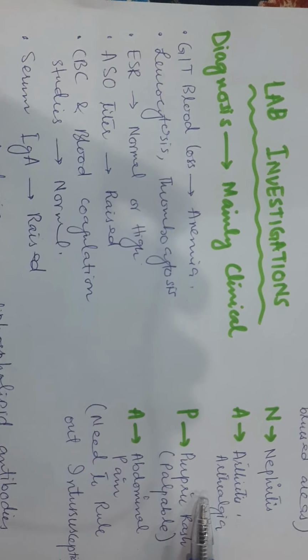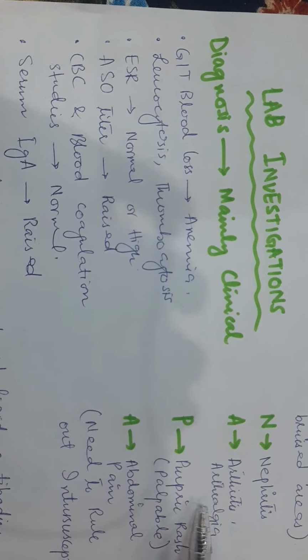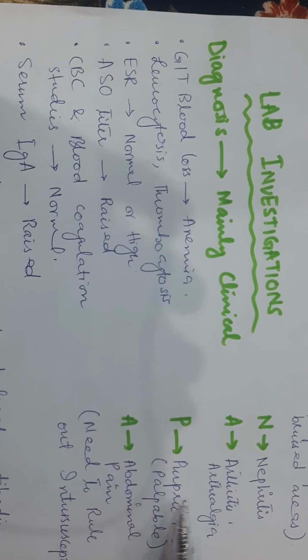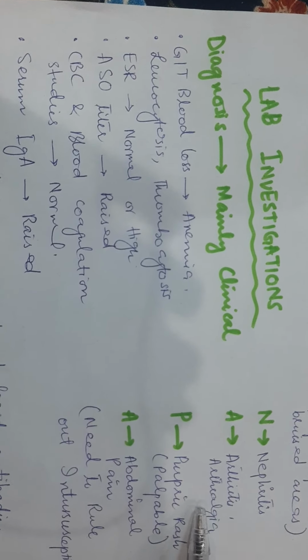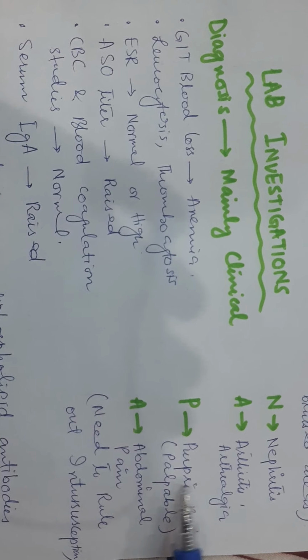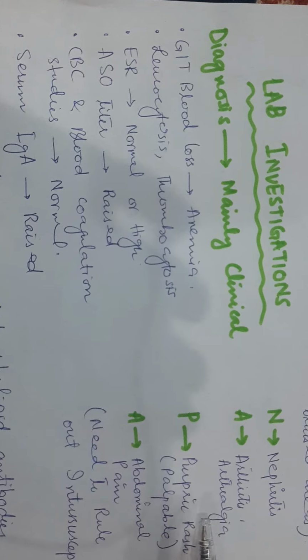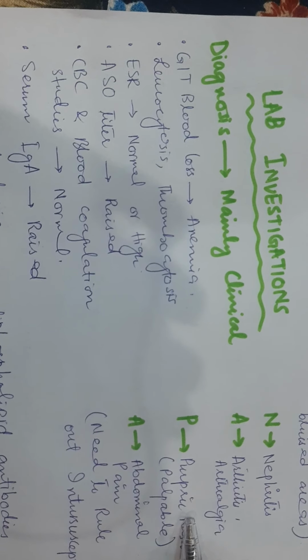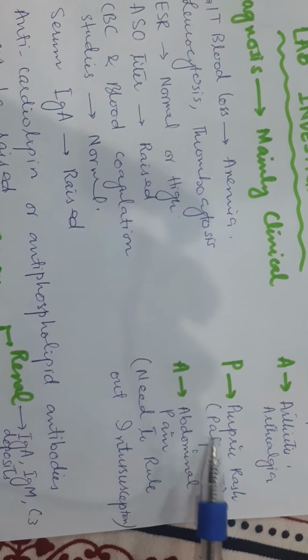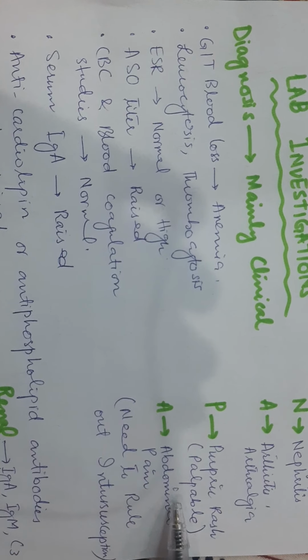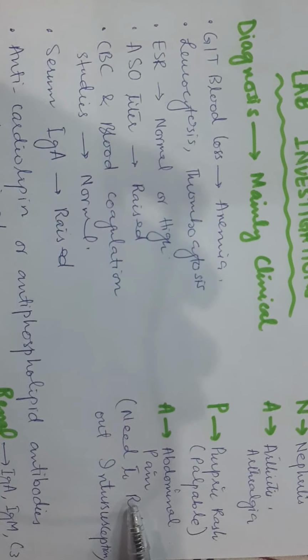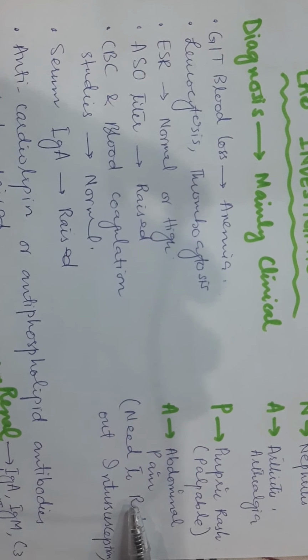lower back and buttocks, but progressively it may involve the entire body. Ecchymosis, petechiae and hematomas may also be present, and this purpuric rash may progress to gross hemorrhages. Then A is for abdominal pain. Some children may develop colicky abdominal pain, vomiting and occasionally melena due to the involvement of the blood vessels of